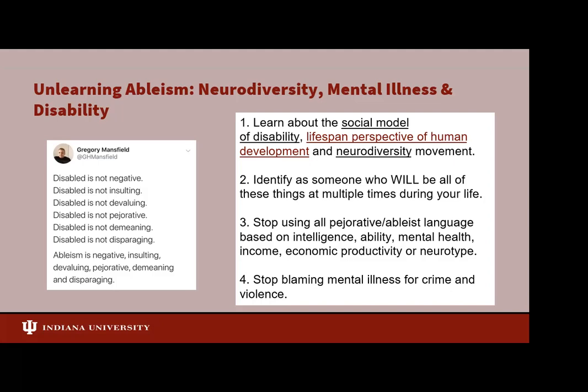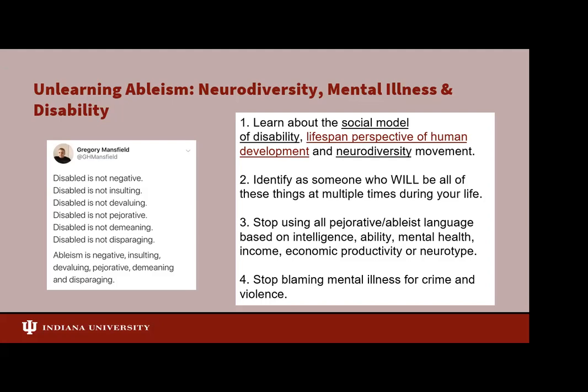And I'm sure while that can be technically true at various times in your life, if you learn these models, which are hyperlinked here, the social model of disability, like Cecilia discussed, the lifespan perspective of human development, which basically says that we're all going to be disabled at some point in our life, because everyone develops at different speeds, and that's valid and needs to be respected. So if you learn about these things,